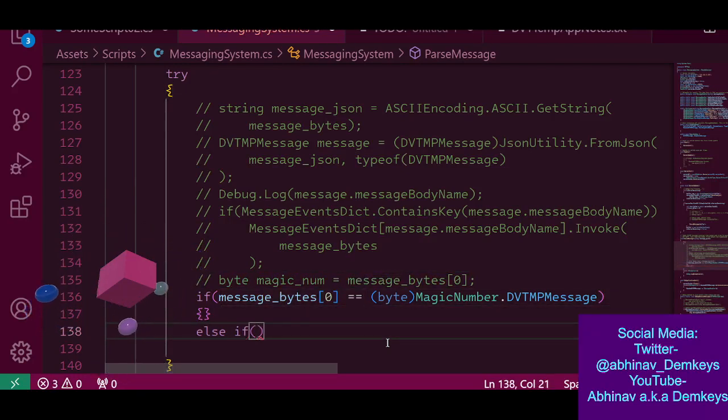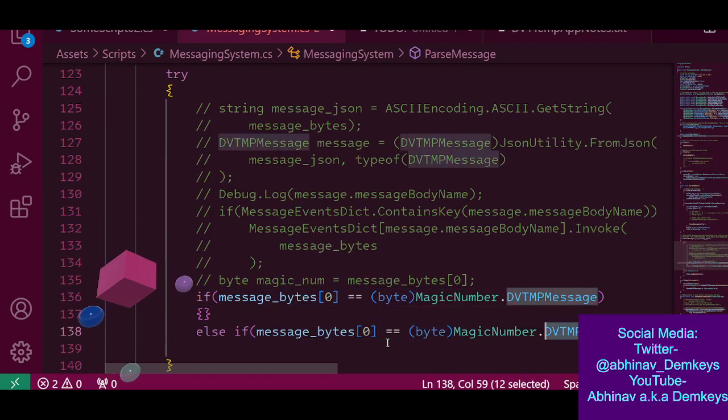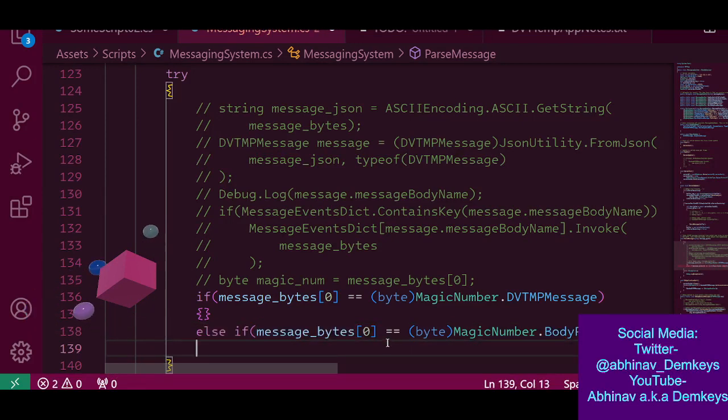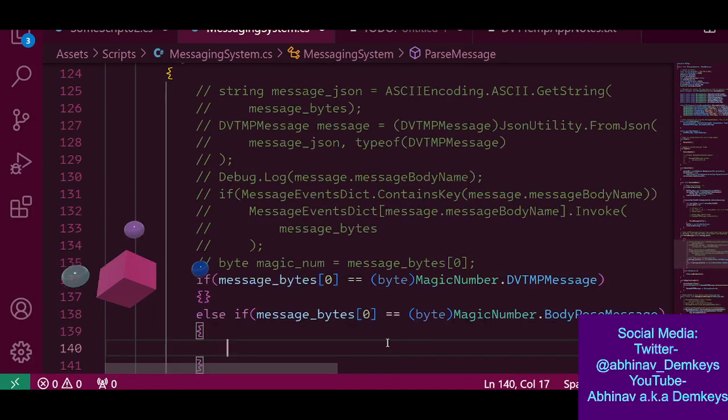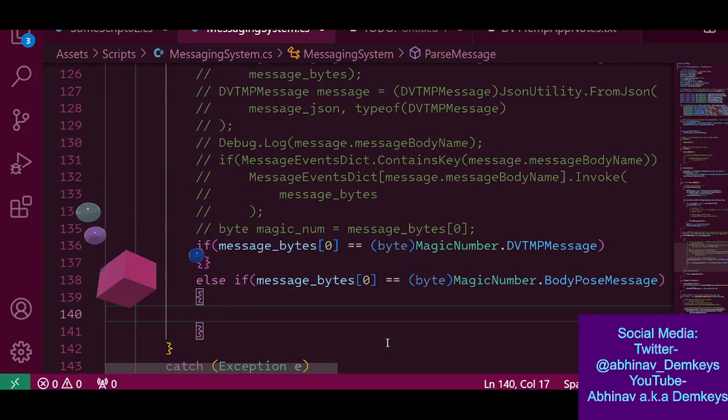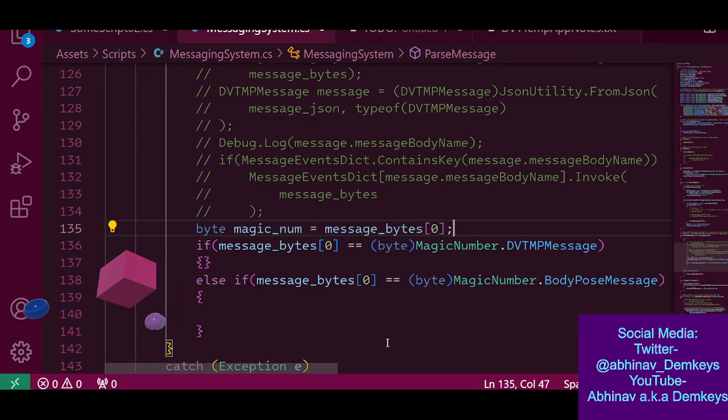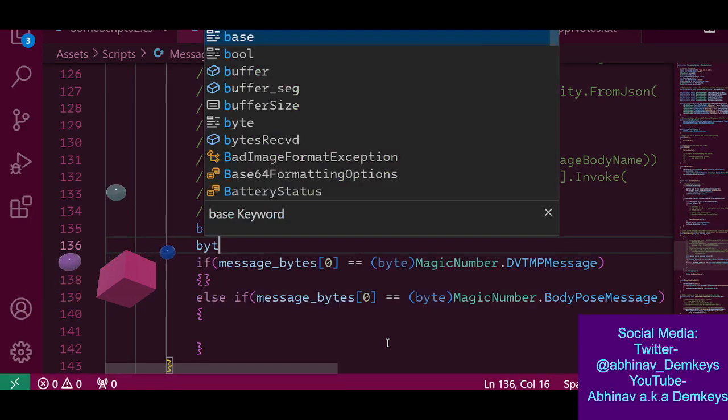Okay, else if message byte so-and-so is equal to this. Body pose message. Right, so if it's a body pose message, okay, so we have the magic number. Then,